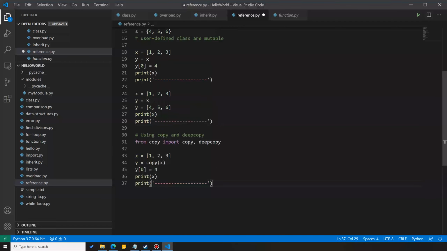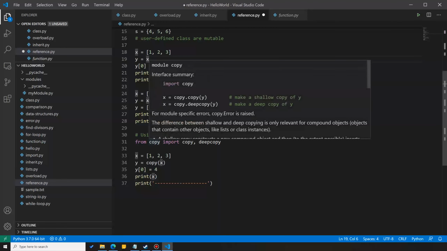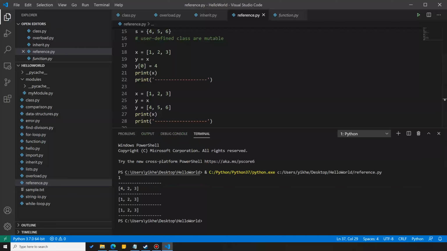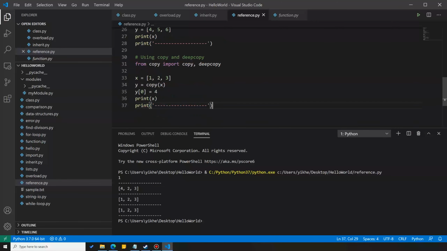Here, we are basically doing the same thing as before. However, instead of directly assigning x to y, we pass x into the copy function to generate a copy of x, and then we assign it to y. Everything else is the same. So you can see the difference here. This time, after generating this copy, x is not affected